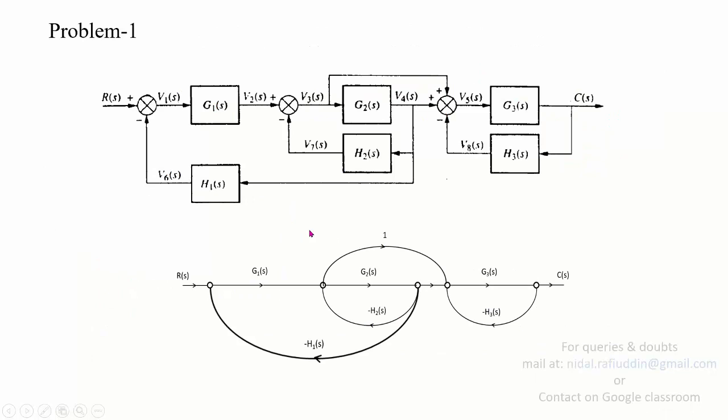So suppose that we took the same block diagram representation from the previous lecture and we obtain the SFG. Now we'll try to obtain its transfer function using Mason's gain formula. So there I told you that this particular example has 2 forward paths, starting from R, S, G1, G2, G3, C. Then the second forward path is R, S, G1. Then you have this particular branch arrow, then G3, then to the output. And there are no other forward paths.